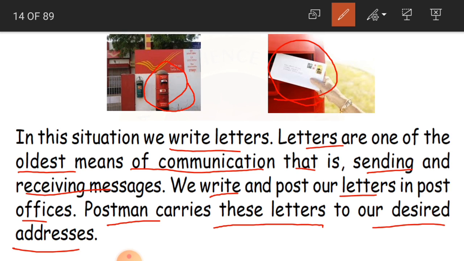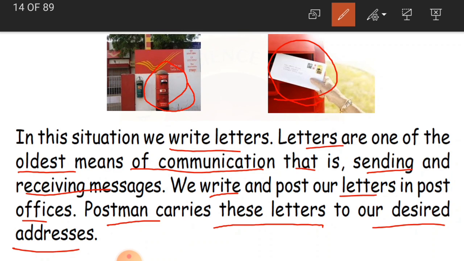For that particular address, the postman is going to deliver the letter. Okay, children, like that, our friends or relatives are going to receive our message. So this is also one of the means of communication, children.